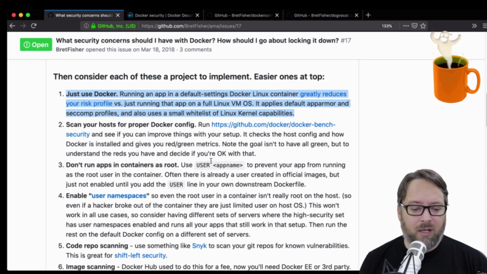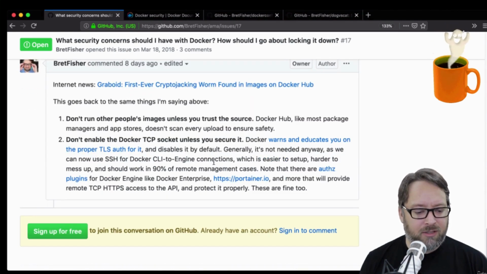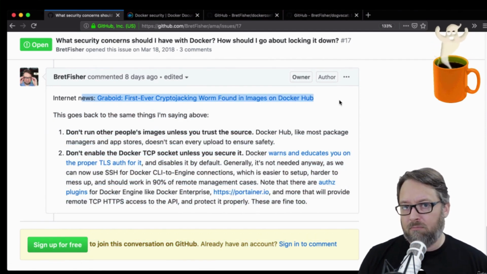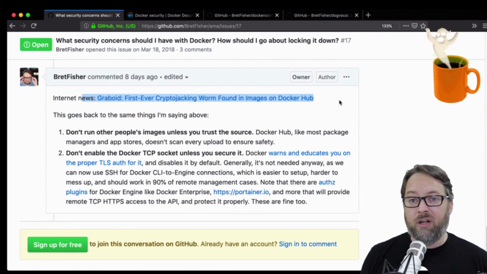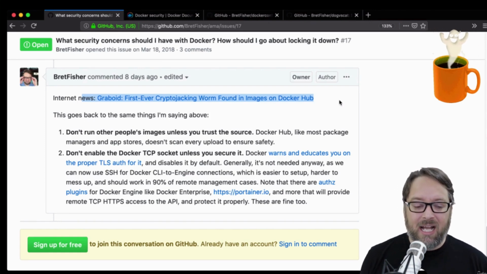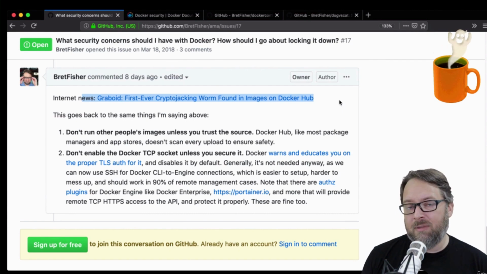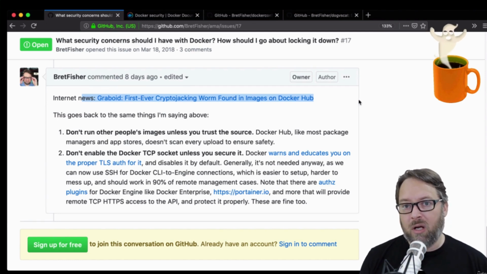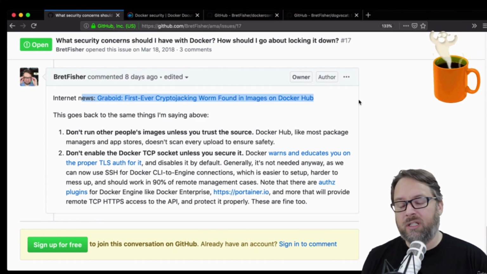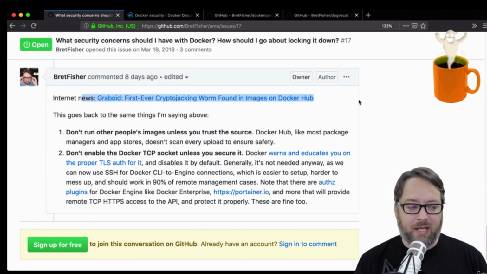The latest thing was, if you scroll down to the bottom of this issue, there are images out there now. It's not news to anyone that if you run random software off the internet without checking it first, you may end up with a virus. Basically, people are creating images on Docker Hub with cryptocurrency or cryptojacking tools inside them. You think you're running this other piece of software, but you're really running something nefarious for the hackers.